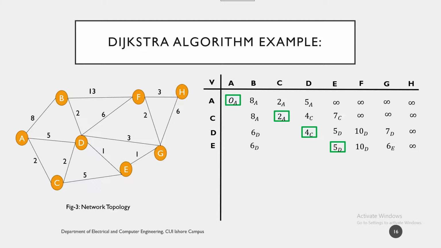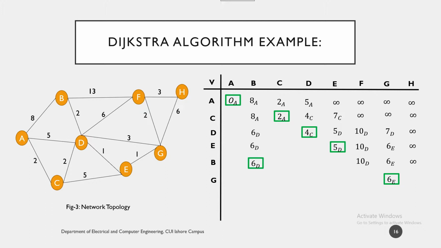Now you can see that we have two smallest values, 6D and 6E. You can consider any one you want, and here I am fixing 6D. B is not directly connected to F, G and H, so these values remain the same. Now from 10D and 6E, the smallest value is 6E. We write it down here and fix it. It comes under the column G, so the next starting point we have is G.